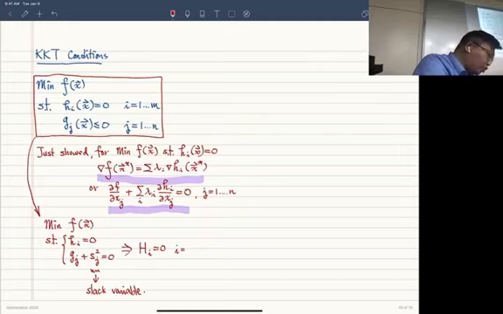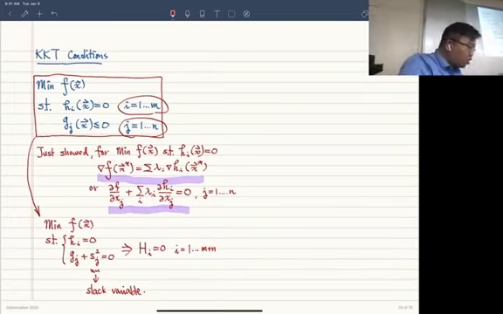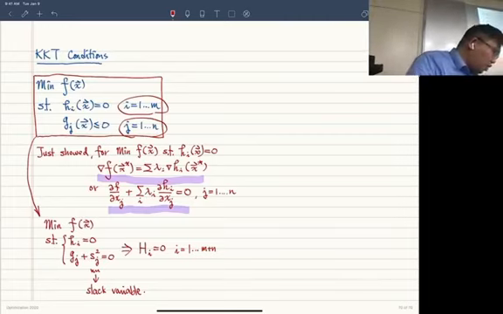Because I originally have 1 to n, and J has 1 to n, when I merge all the equality constraints together, I have in total n plus n equations, right? So we can just put them together. They are all equality constraints. And based on what we introduced in the last slide,